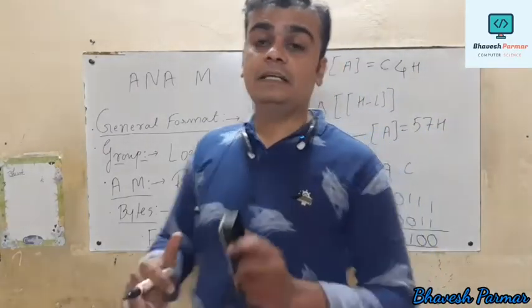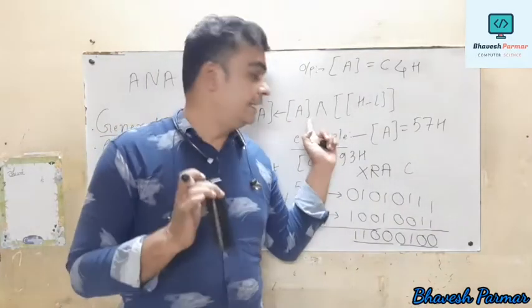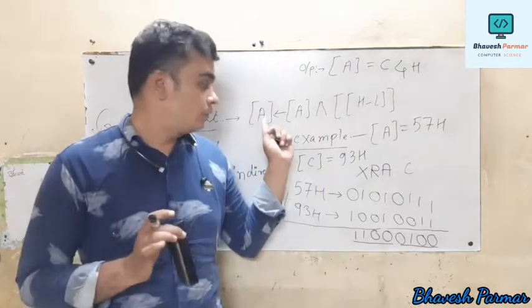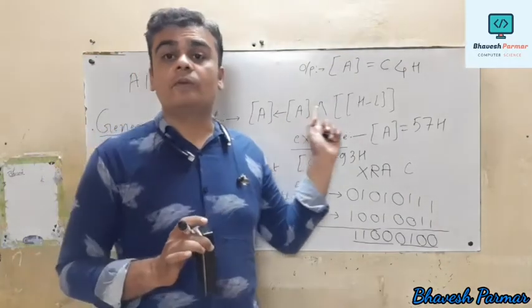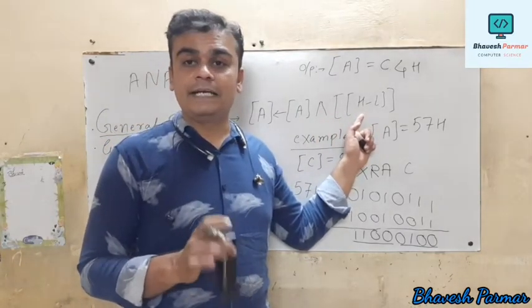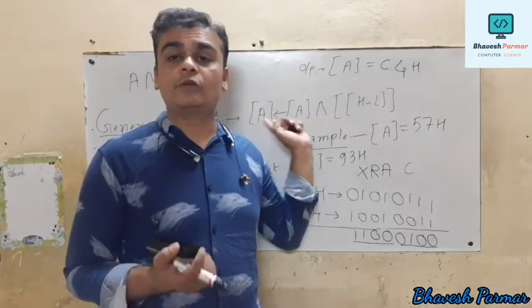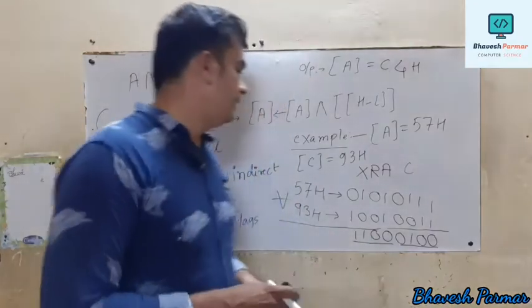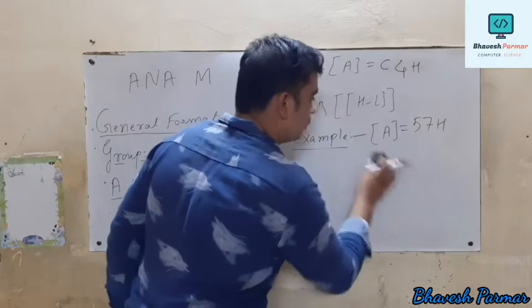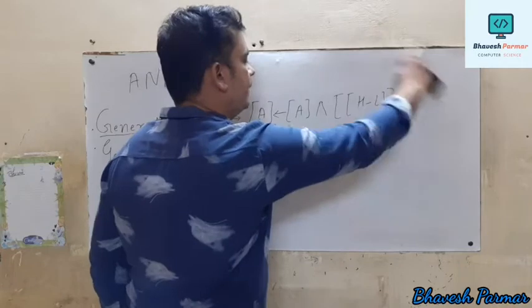Now let me try to write the explanation of this instruction. It depends on your general format. So when this instruction is executed by the microprocessor, the content of A performs a logical AND operation with the content of memory, that we call, or we can say, the HL pair, and the result is stored in the accumulator itself. Now we are taking a different example, so that we get a more and more clear idea about the flags as well as the answer.